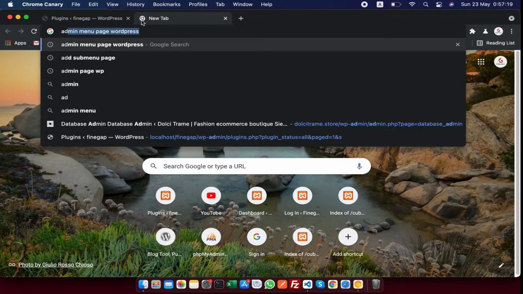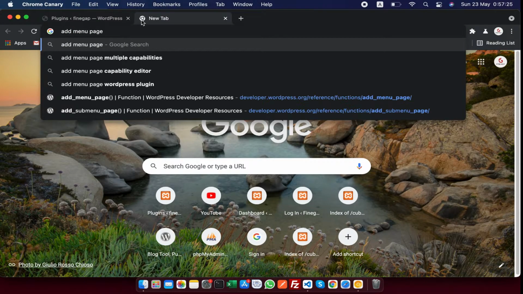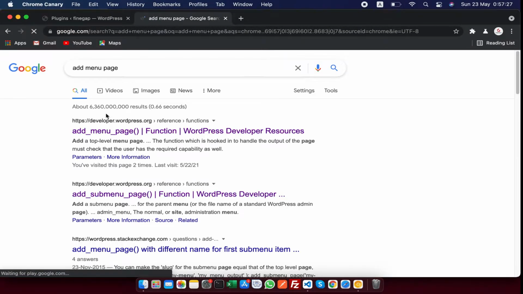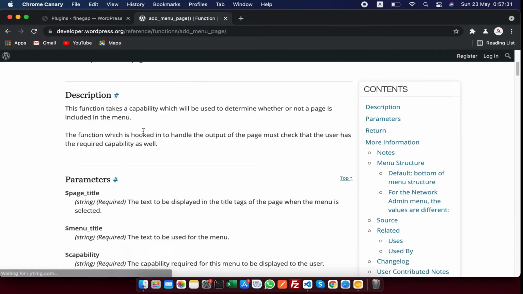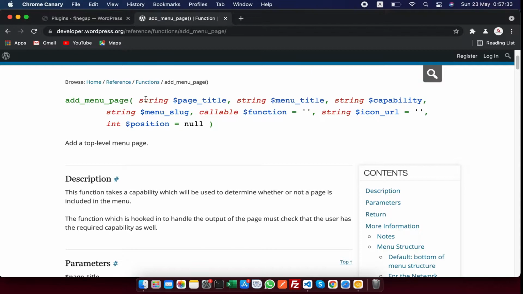First of all, go to Google and search for add menu page. Click on it. This is the description of the function add_menu_page.